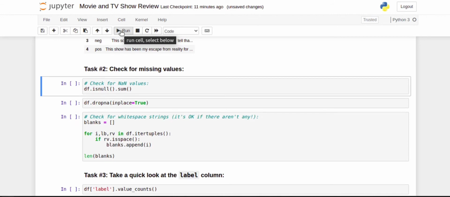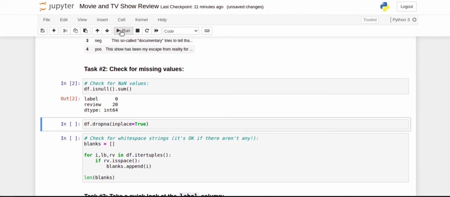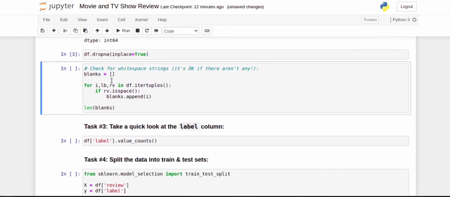So let's go and see if any missing value is available in the data frame. Here you can see in 20 rows the review is null, so we will be dropping those so that our model will perform better. Now we can check if only spaces are available in the review, which is not valid text, and we will be removing that.